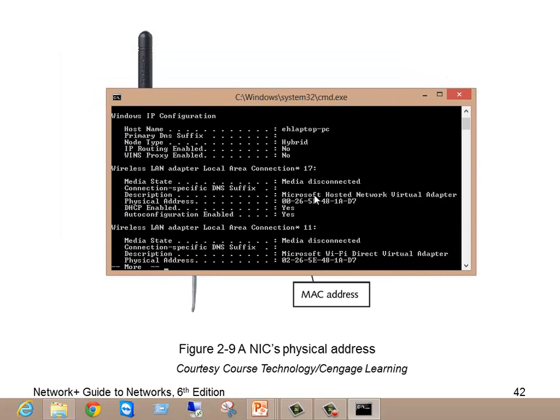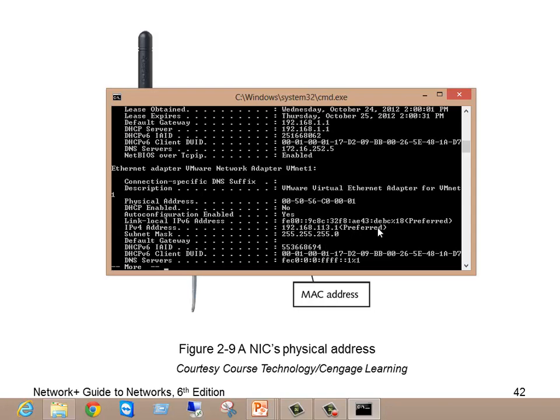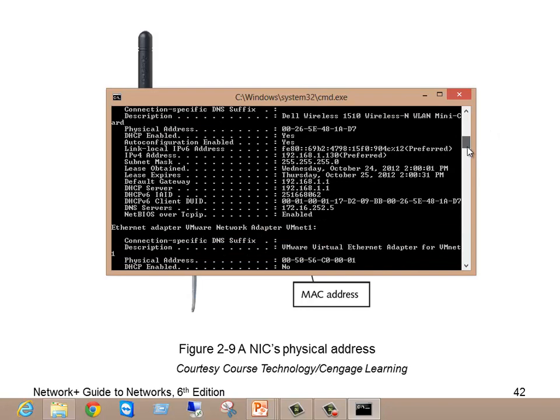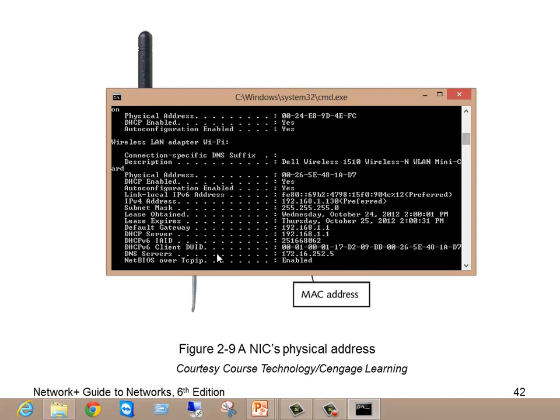And now my computer has what looks like tons of different network cards in it. The reason for that is I've got VirtualBox on here, and VirtualBox creates a different network address for every single virtual machine you have. So see, I have all of these extra ones. But if I go down through them, I can find the one that I'm actually using right now. I think I just passed it. Yeah, see, Dell Wireless, that's the one I'm actually connected to. So see there, my physical address, the MAC address for my laptop, is